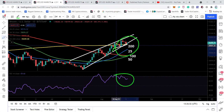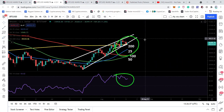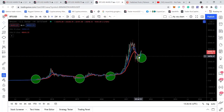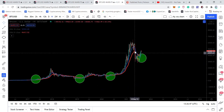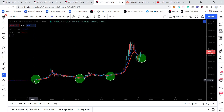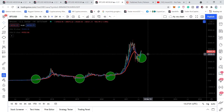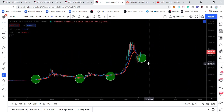that appeared on the daily time frame. And previously I've already shown you that on the long term we have already received this bull cross between the exponential moving average 21 and 10. The exponential moving average 10, this blue line, has crossed up this red line, the EMA 21. And previously we have seen that whenever these EMAs have formed the bull crosses, we have seen major bullish rallies towards the upside. So on the long term, we already had received the perfect buying signal for the long